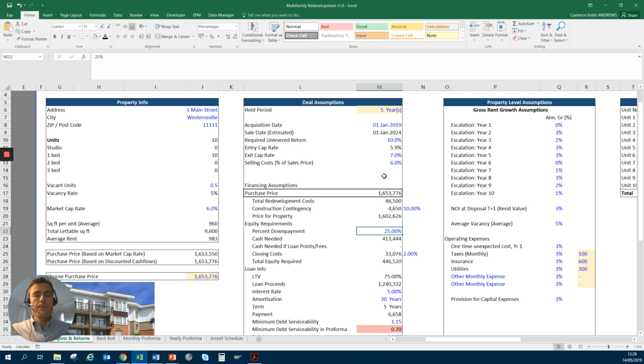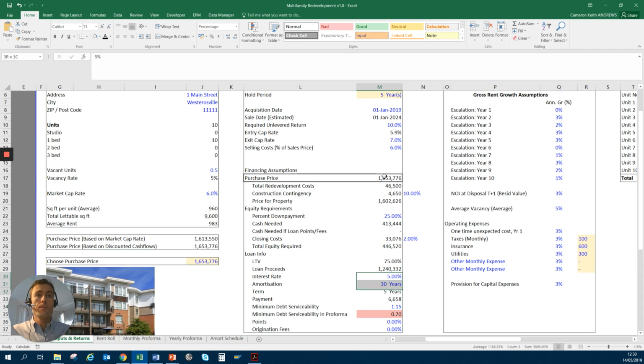We've got our financing structure details. We've got 25% down payment, our equity or the developer's equity, the investor's equity. We're saying we've got purchasing costs for our total equity required. Loan to value is going to be 1 minus the amount of equity that we're required to put in. You've got your financing details. So 5% over 30 years